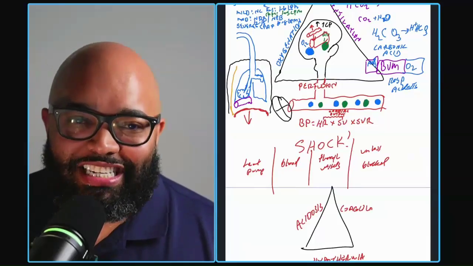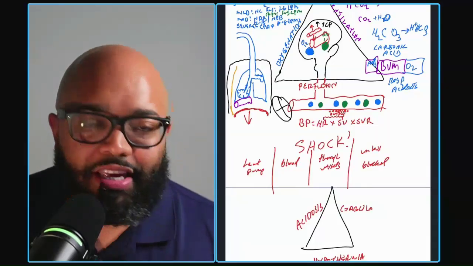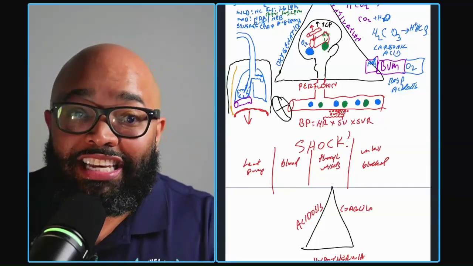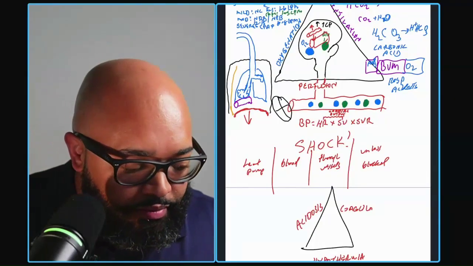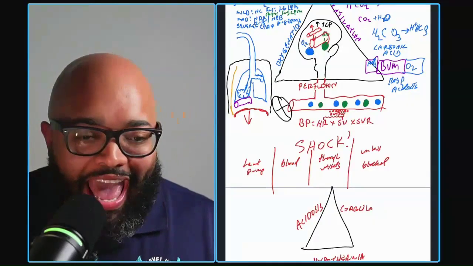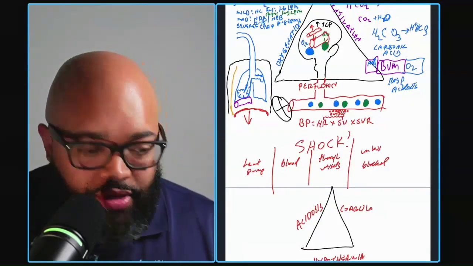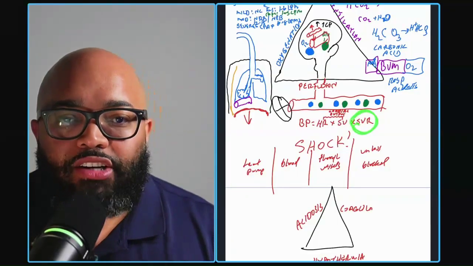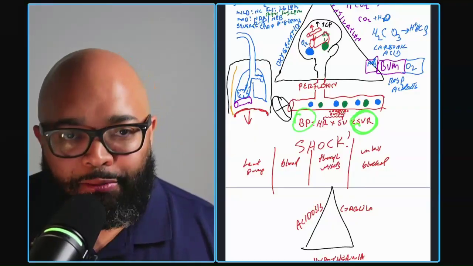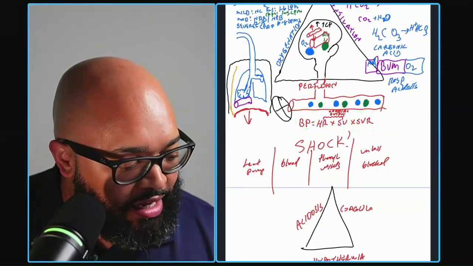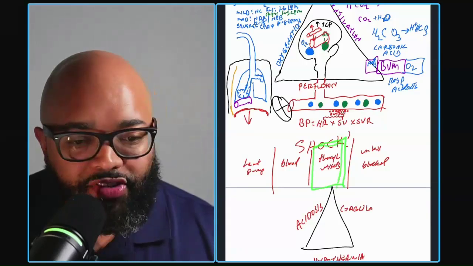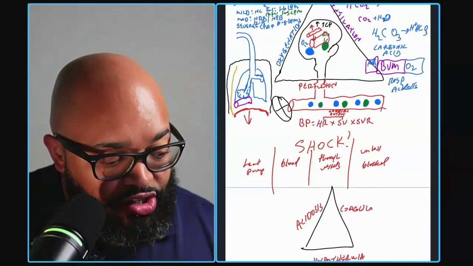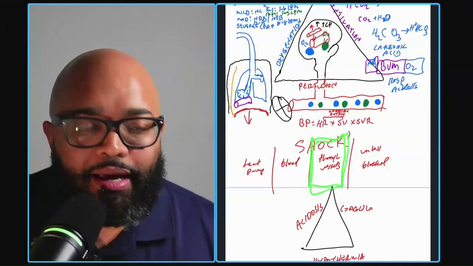As these blood vessels continue to dilate, the pipes get really bigger. We're going to have increased blood flow in certain areas, decreased blood flow in other areas. But when I have more dilation, that's going to drop my resistance. And when I drop my resistance, that's going to drop my blood pressure. So this is why, especially in the distributive shocks, our anaphylactic shock, our septic shock, our neurogenic shock, we can definitely end up with hypotension.